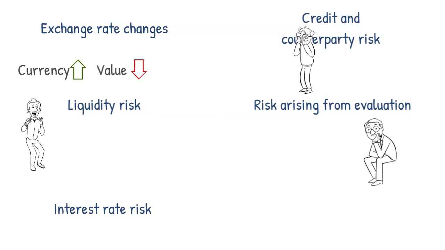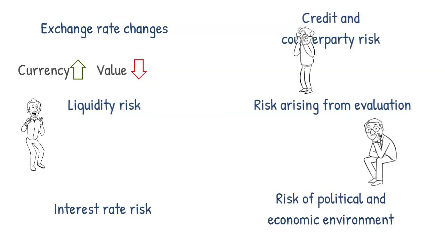The sixth risk you should be aware of is the risk arising from the political, economic, and regulatory environment. Political decisions can have a significant impact on the economy, and the money and capital markets are no exception. When conditions change, investment returns change, affecting the exchange rate through the net asset value calculation. Such factors include inflation, interest rate and exchange rate policies, or changes in the legal environment.